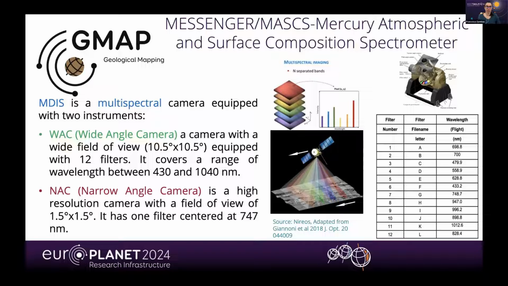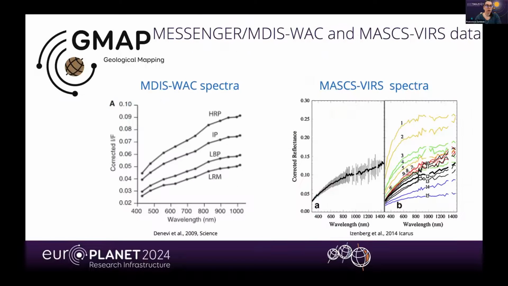Then we have also a narrow angle camera, which was centered at about 750 nanometer, and the data of the narrow angle camera are the data which was used for the geological analysis, and are the data you will analyze this afternoon. But now we will focus more on the